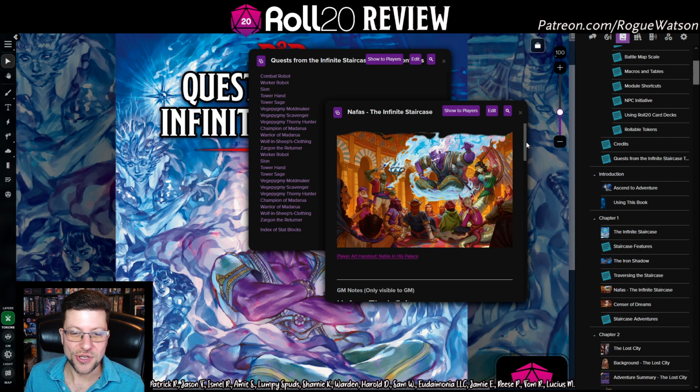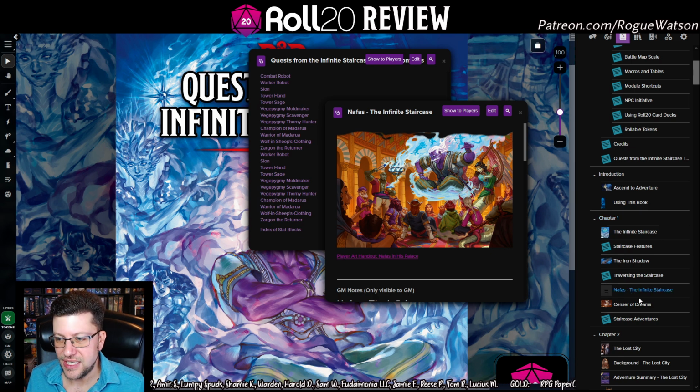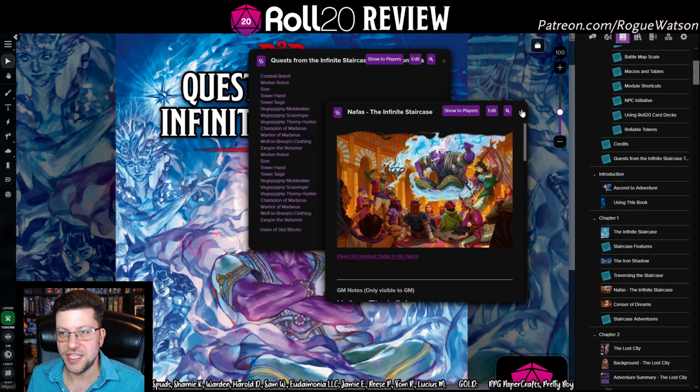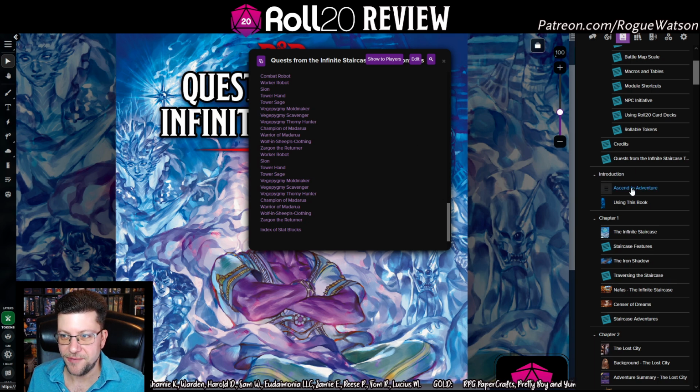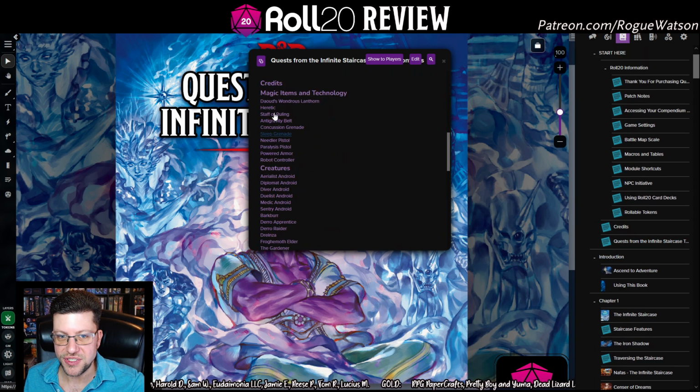So I would have liked to see some kind of update here to make it more of a story. Unfortunately, we don't really see that here. So I think chapter 1 is just, you're not going to get the book for the Infinite Staircase. I will say that. Also in Roll20, you can see that the compendium information is all right here,